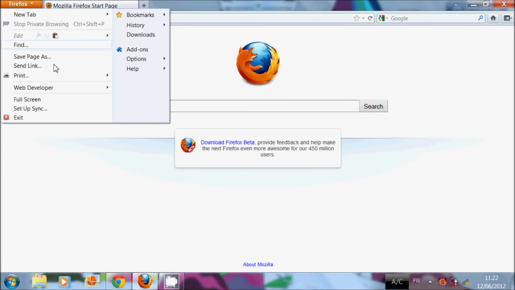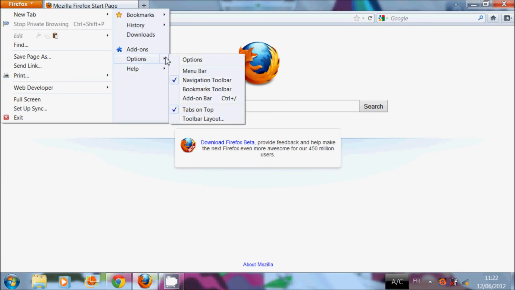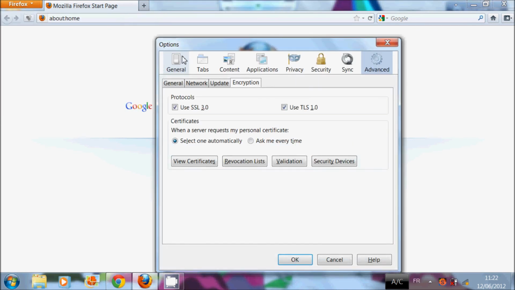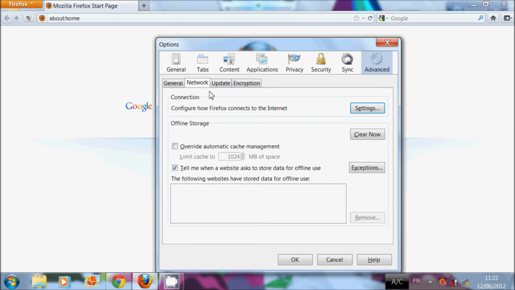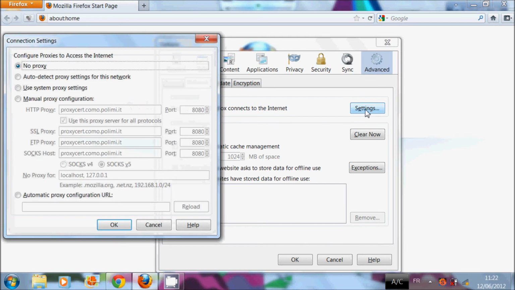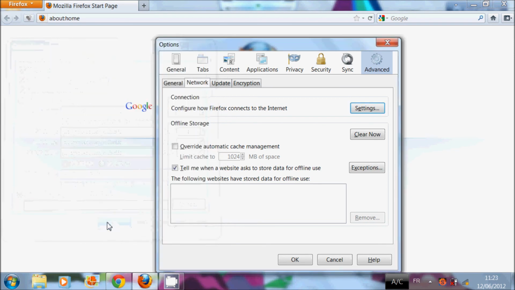Right, this is the last step. We have to configure our proxy. So let's go again to the options, advanced network, and choose connection settings. Okay, here we have to select manual proxy configuration and input the HTTP proxy proxy.polimi.it on the port 8080. You must check the box use this proxy server for all the protocols, otherwise it cannot work. Again, okay,